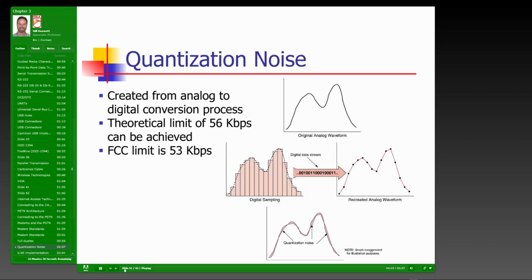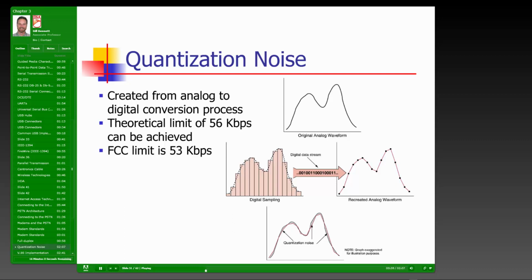Now you might also remember when we're using the analog network, we had digital data in the computer. It got converted using a modem to analog data, and then on the receiving end the analog data got converted back into digital. Well, that creates somewhat of a problem. It creates what they call quantization noise, and quantization noise is what occurs from that translation process from digital to analog and then back to digital again. So that's what this graphic here